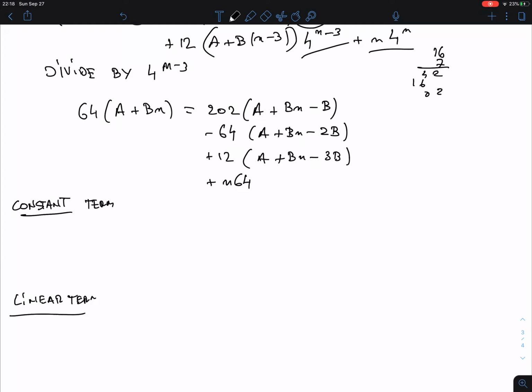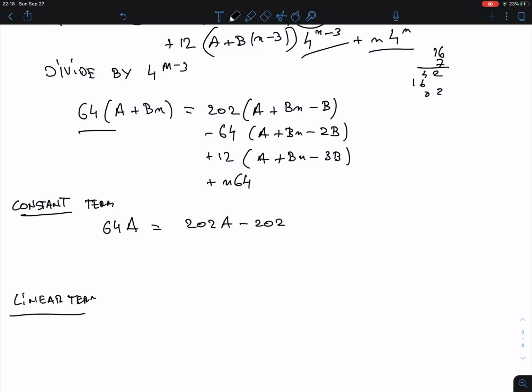Right? Because this polynomial on the left-hand side is the same as this polynomial on the right-hand side. So whatever the constant part of this polynomial is, must be the constant part of that polynomial. It's a little bit less writing. The constant part here is 64a. What's the constant part there? We have